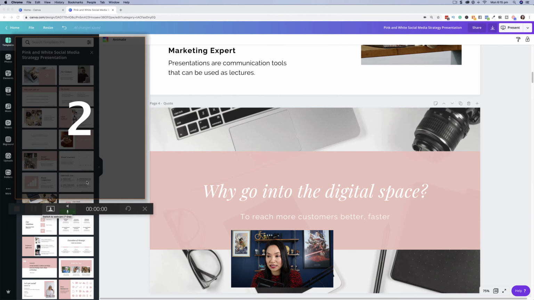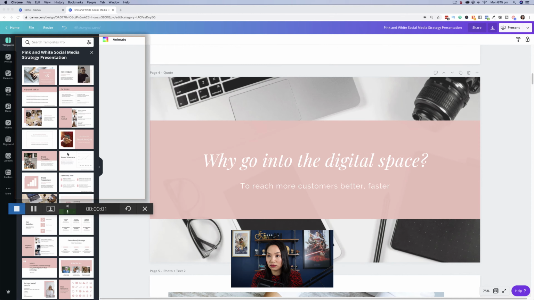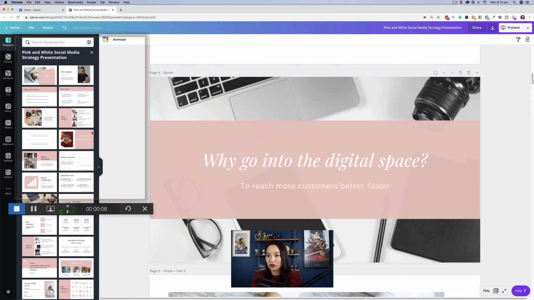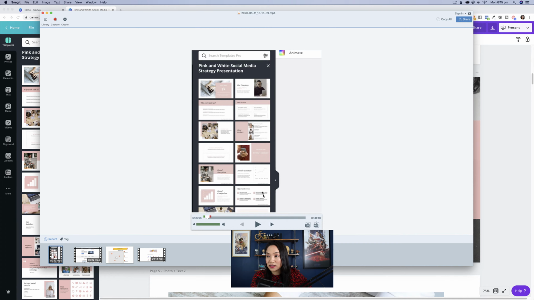And that's how easy it is to use. So now there's a countdown, and then I can talk and walk people through whatever is in that section there. So that's how you use Snagit. I really like Snagit. So now that the video is complete, I've got it here, and I can either export